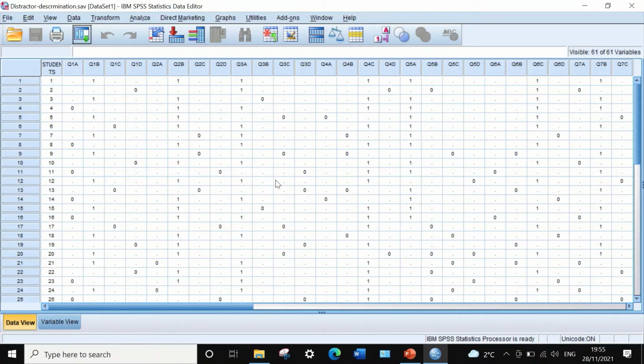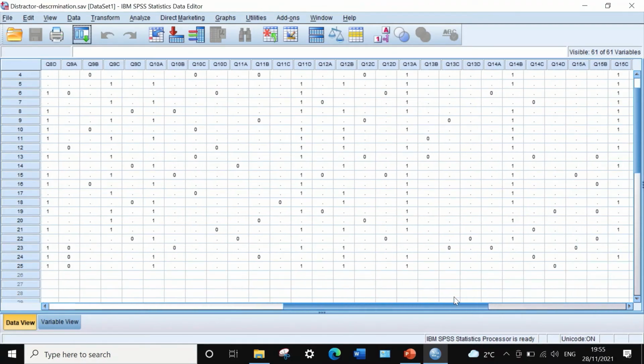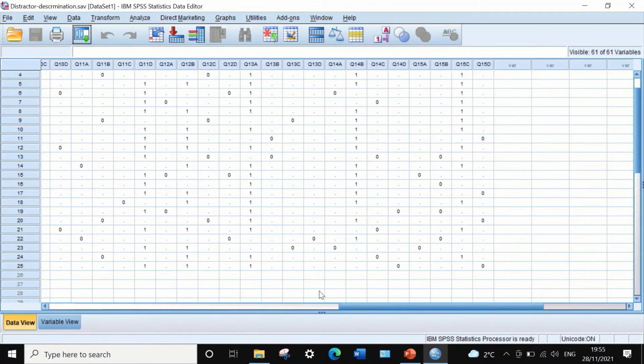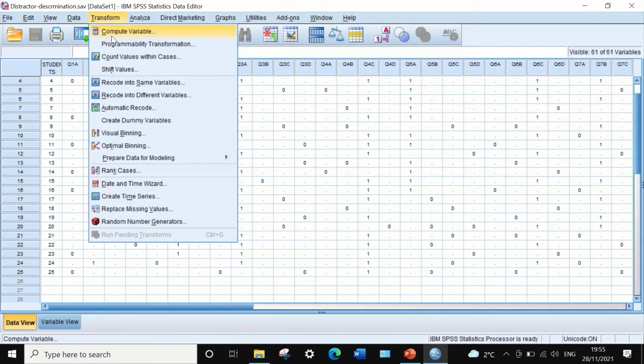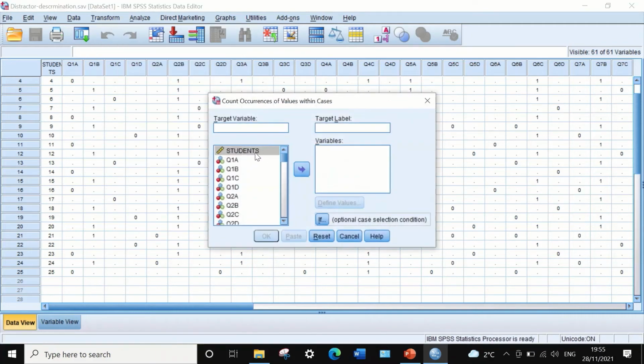And to evaluate the quality of the multiple choice question exam is to do an item distractor analysis using Kelly's method. And the way to do that is first to calculate the total score achieved by the participant in the exam. And the way to do that is to click on Transform and then select Count Values within Cases,